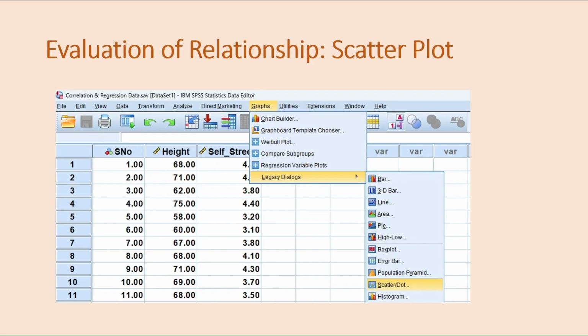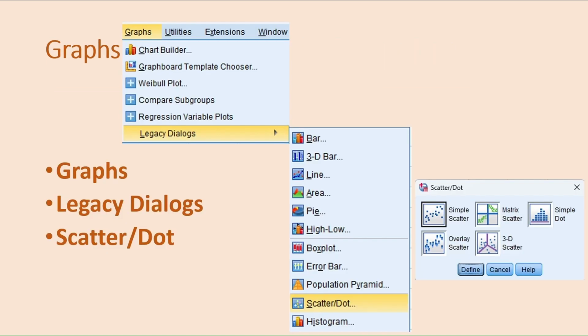Evaluation of relationship, the first assumption of linearity. For this purpose, we plot a scatter plot. Go to Graphs, Legacy Dialogs, and then go to Scatter/Dot.